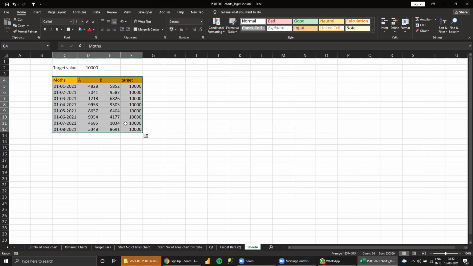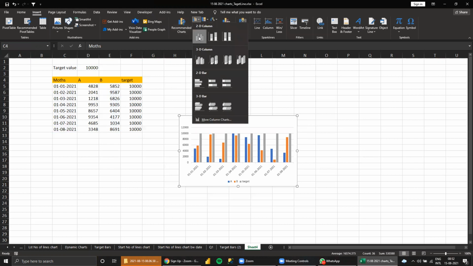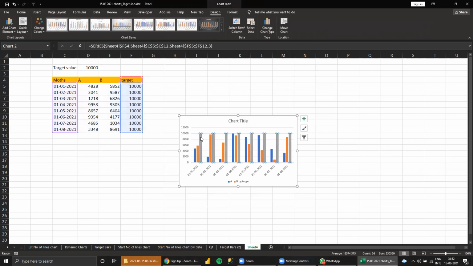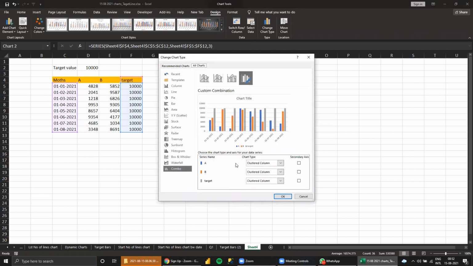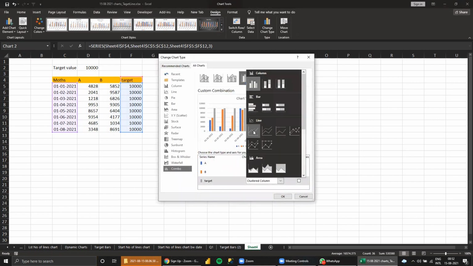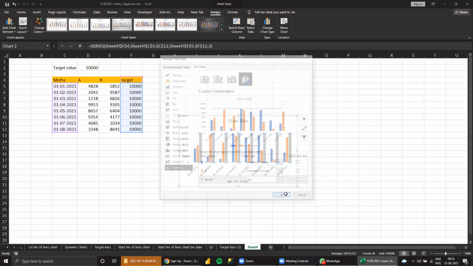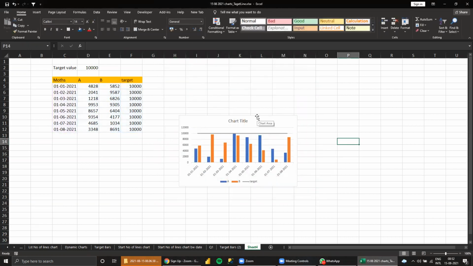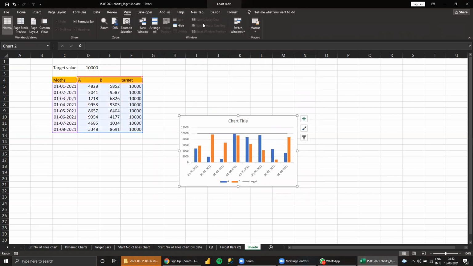Just a minute, I'm trying the other method. So the line should come, but there are two ways we can do it. This is one way, but it's not allowing me. I don't know why. So this is line. Okay. So this is one more method we can do, the line chart.